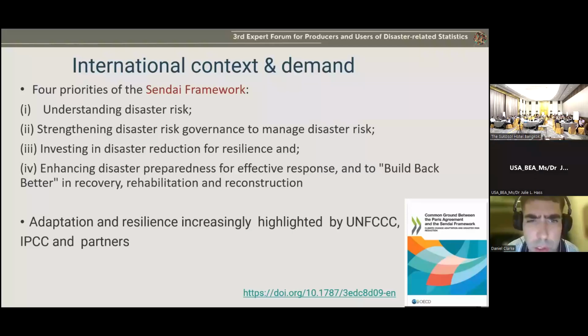And I should have on the screen there a link to one such study from the OECD, since that's where I work. Some of you may find this publication from a couple of years ago quite interesting, and it also includes a long set of case studies, essentially identifying disaster risk reduction expenditure of different types. And we can use these kinds of references to start to better understand and define exactly what we were talking about.